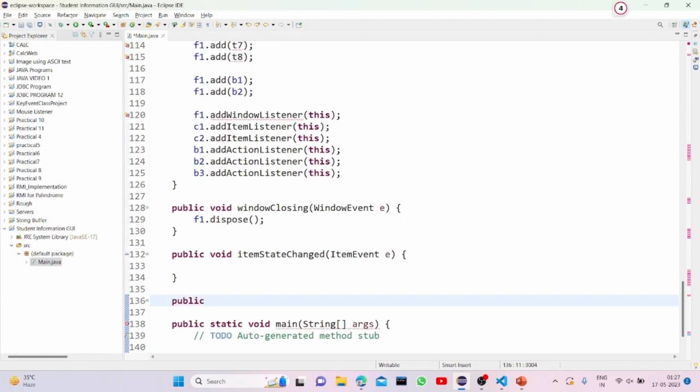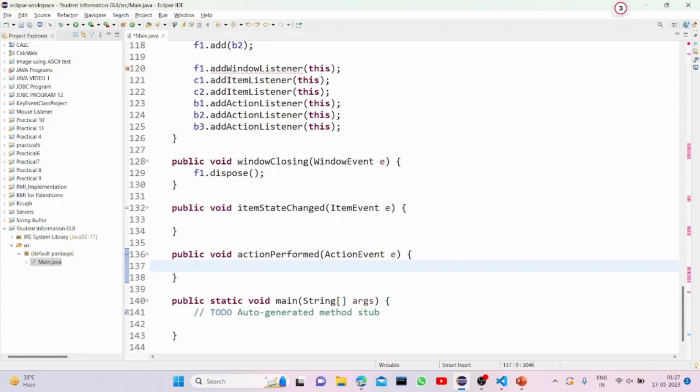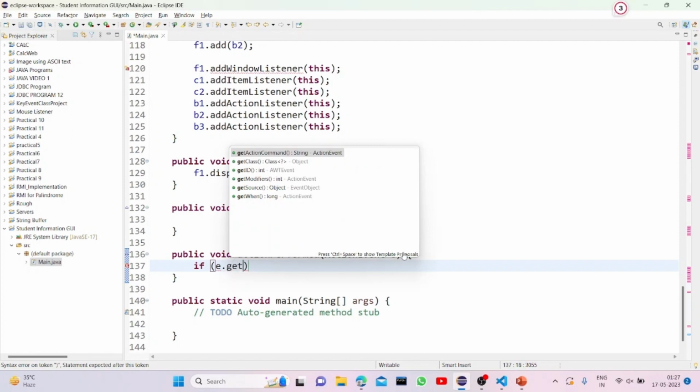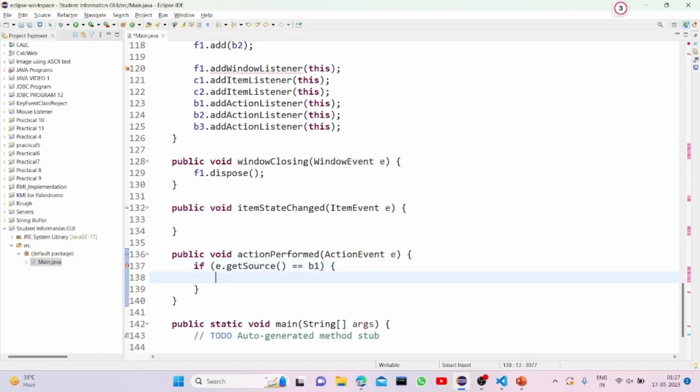What will or how will our GUI react once we click a certain button? So public void action performed will be taking action event class object. Action event. Okay, sounds good. Okay. Now if e dot get source, e dot get source is equal to button 1, then means if the user has clicked on button 1, then